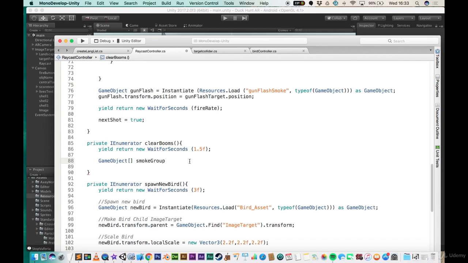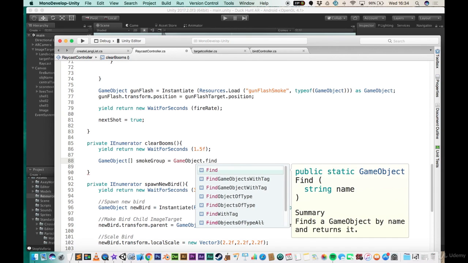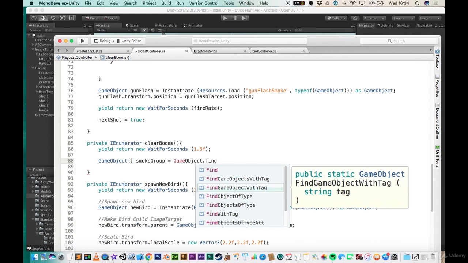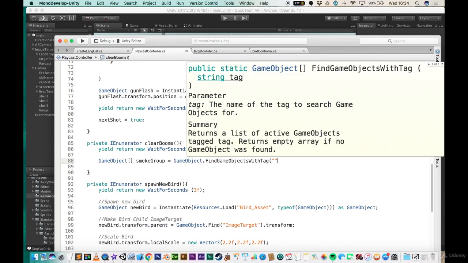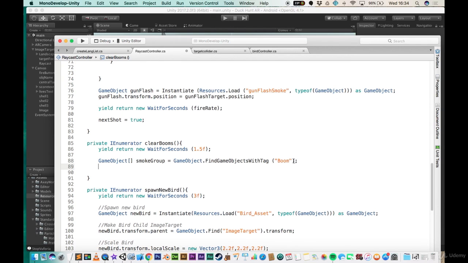Well, we need to get them first, and we're going to find them by using a tag like we did earlier. Earlier on, I made a mistake, where I said find game objects with tag and then had to correct it to just find the one object. Well, this time we actually do need to find multiple and assign them into this list array. So let's find all the objects that have been tagged in a certain way. Well, we haven't tagged it yet, but I will tag it as boom in 1 second. And then once we have a list of all those different game objects, then what I want to do is for each one of those